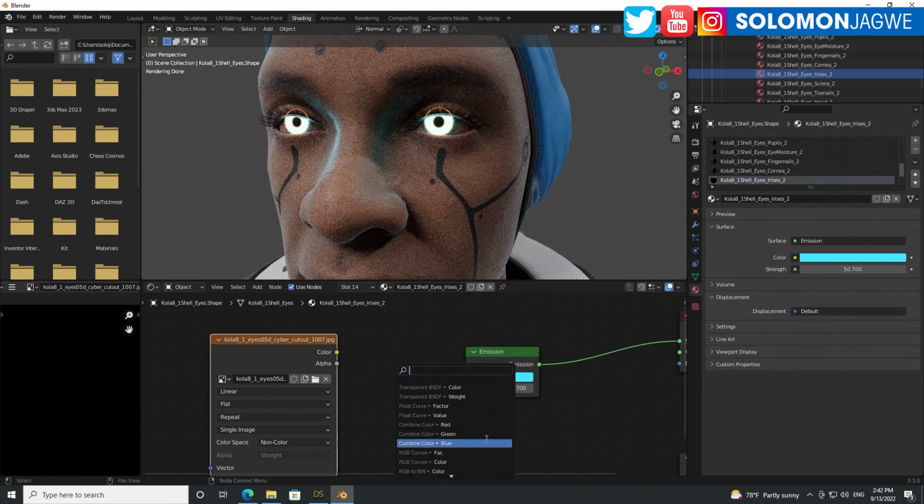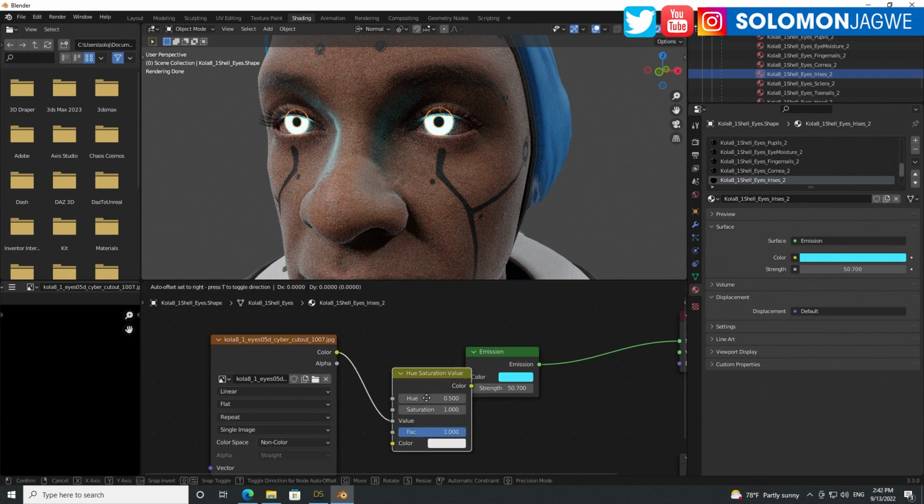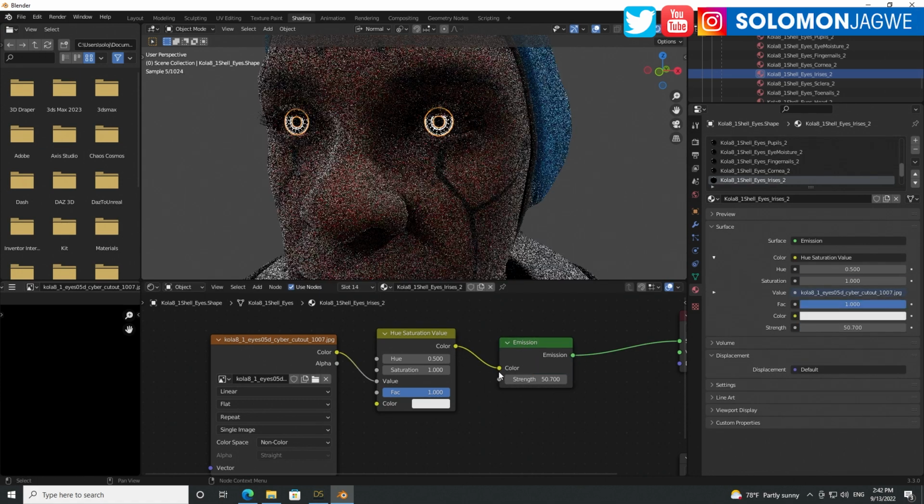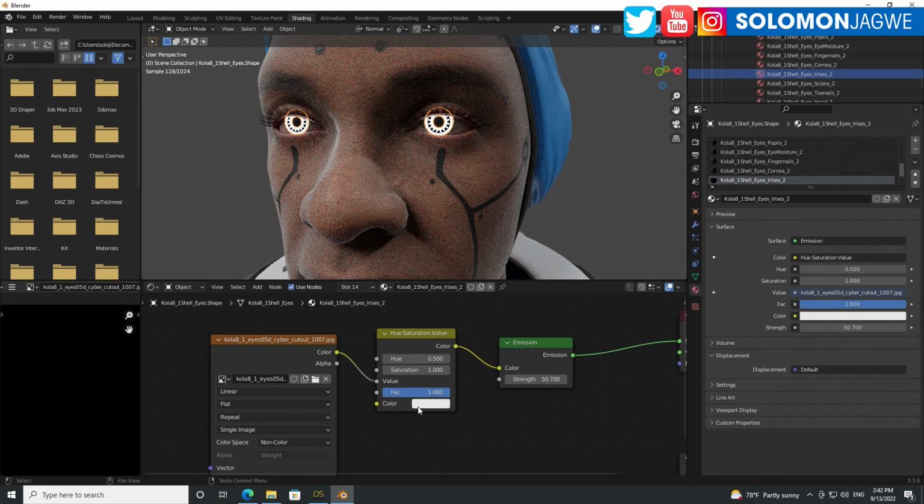And we're going to look for hue and saturation value. So diffuse hue and saturation value over here. And let's add that. And then we're going to connect this to there. All right. Now we have access to the color.